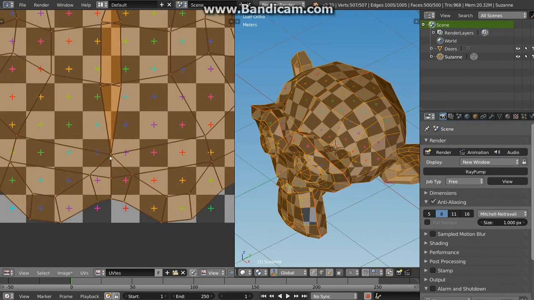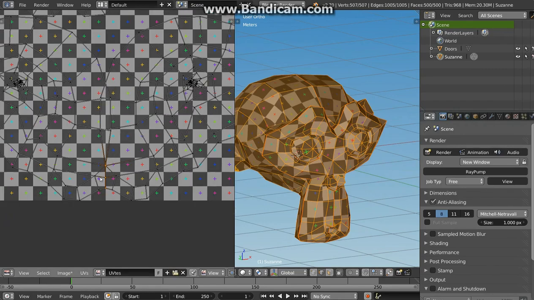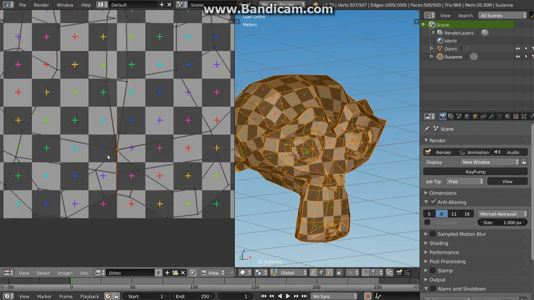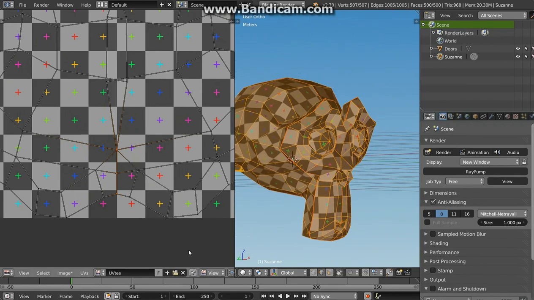I see here I need another seam, but as you can see, I don't really know where exactly this is on the monkey, so I can check the